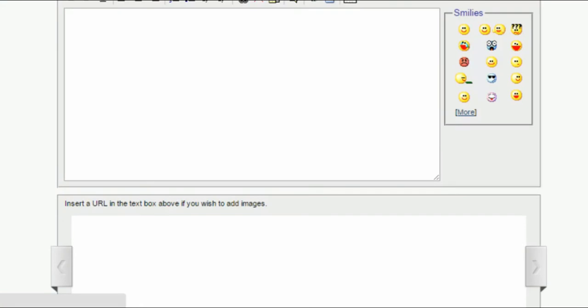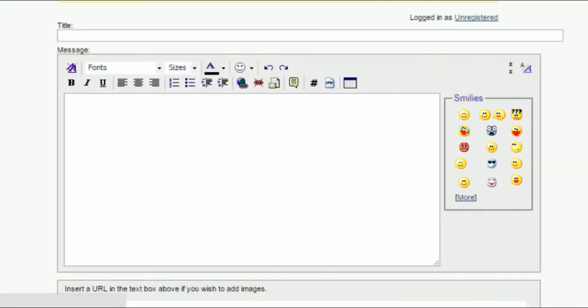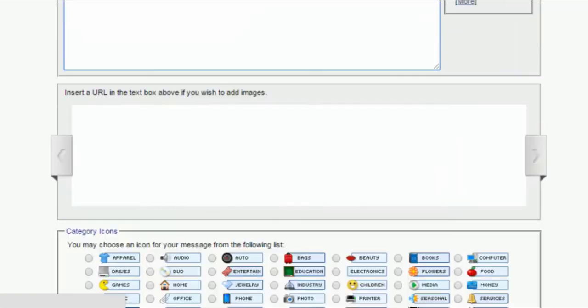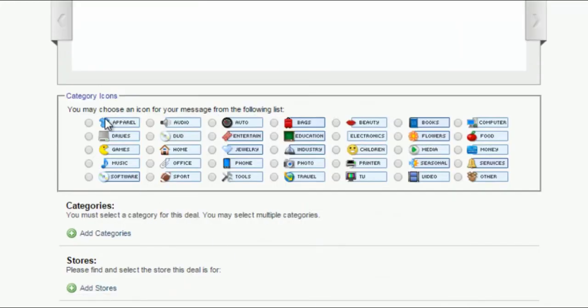And basically all you do is follow the 7 guidelines here, enter the information in here, scroll down the page a little bit. As you can see, these are the different types of products or services that you can list on the website.